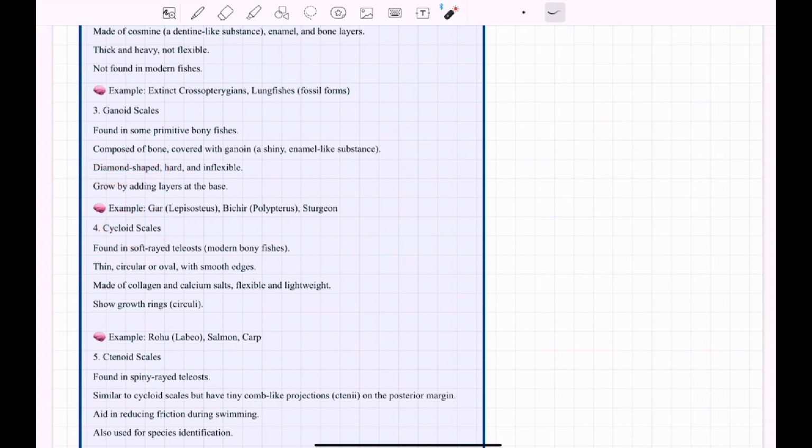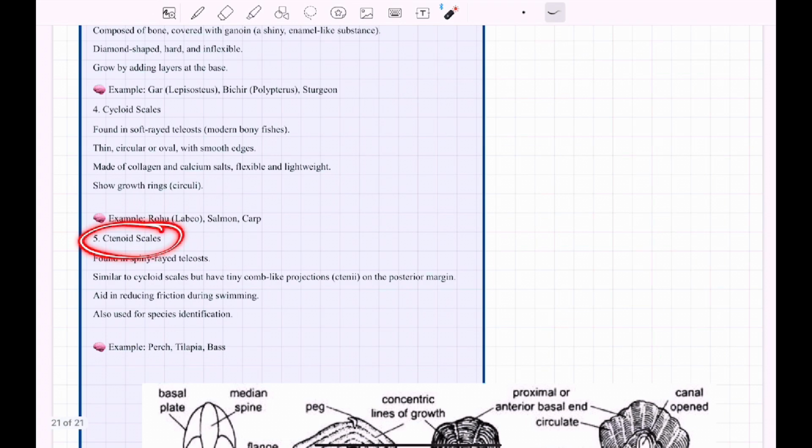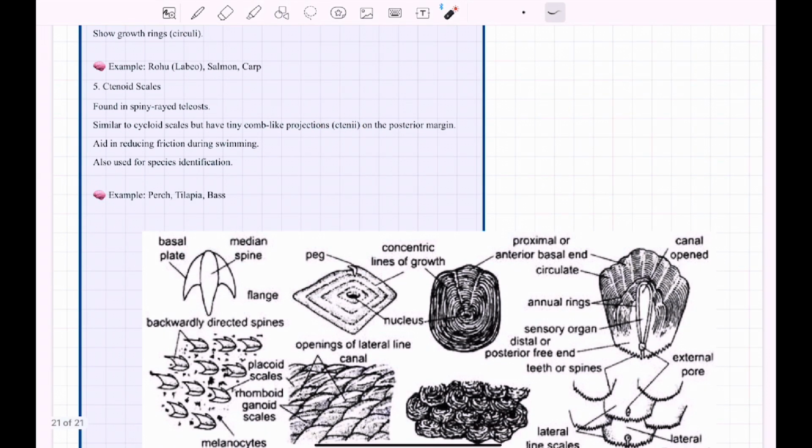Then we have cycloid. These are found in soft-rayed teleosts, that is modern bony fishes. These are circular or ovoid, the common scales that we see, for example, in rohu, salmon and carp. Then we have ctenoid scales. These are spiny rayed, and these aid in reducing friction. They are similar to the cycloid scales, but they have a tiny comb-like projection called a ctenii. This comb-like projection is